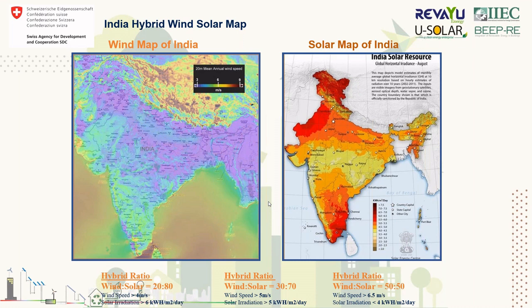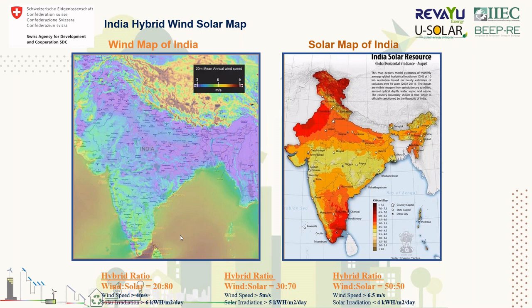And for wind, we need to be more region specific, where the commercial viability would make value sense for the users, and where we can have a slightly higher proportion of wind as a mix of solar and wind. So here, this is how we generally do. That's the thumb rule we follow